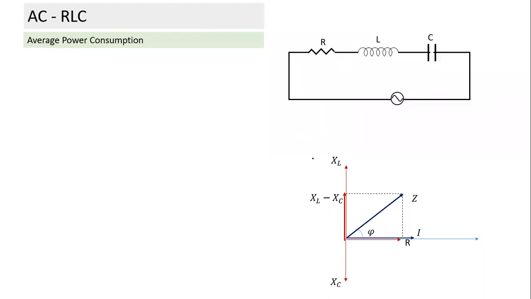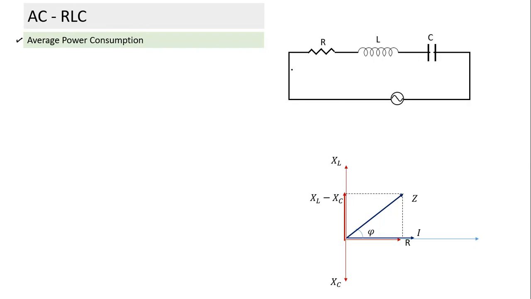So what have we done using this phasor? If the applied voltage is known, we can find the equation of current. Since this is a sine function, when I find the equation of current, I can find the amplitude, omega, as well as the phase constant. Based on this, can we calculate the average power consumption in this circuit? We are not talking about instantaneous power. The instantaneous power consumption can be positive or negative depending on whether they are charging or discharging. We are talking about average power consumption.